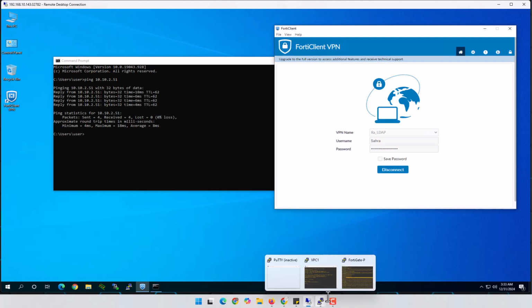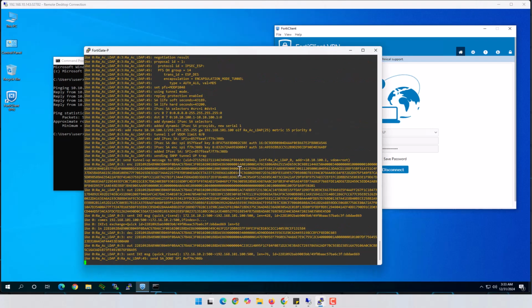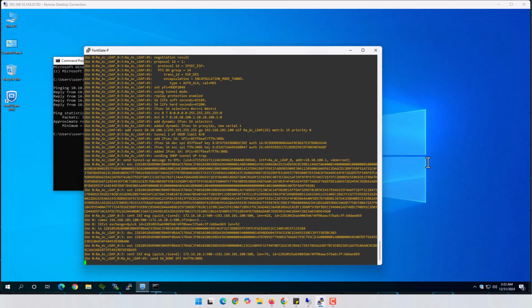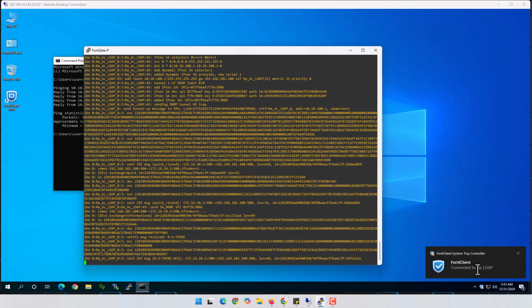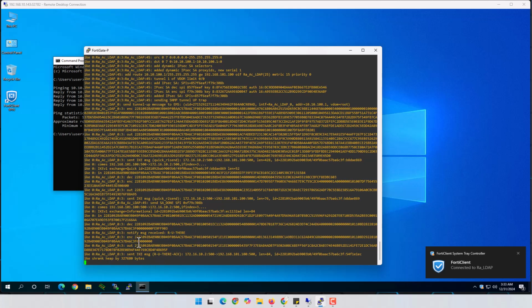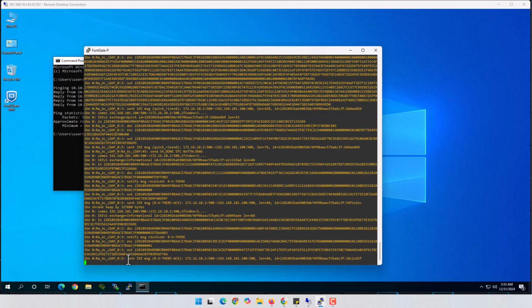And this time this authentication should be successful, and you can see here, yes, the FortiGate is connected, and it should give us the message, yes, that now the IKE message is sending and receiving,